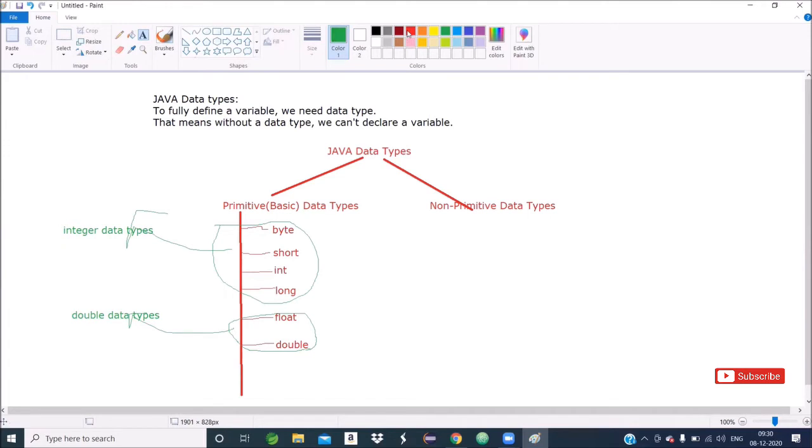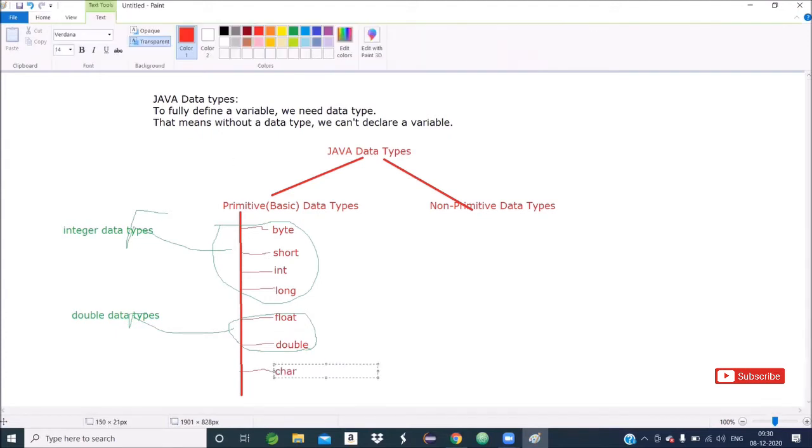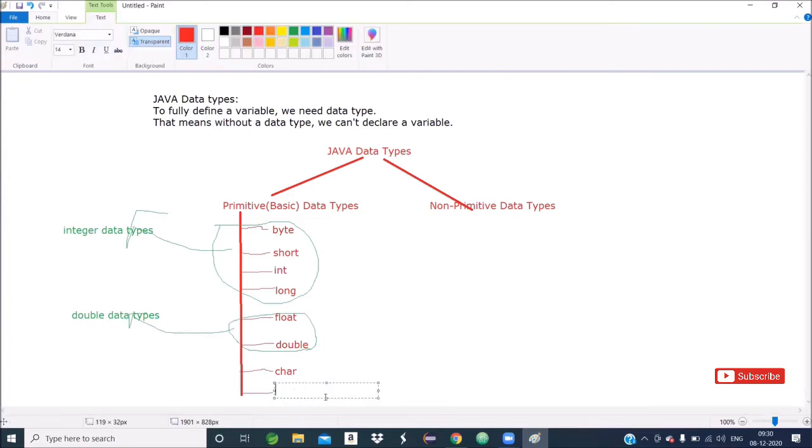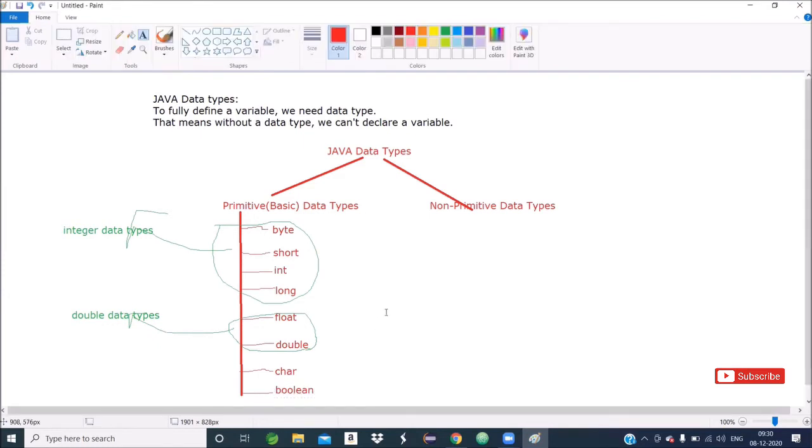Then one is char. Char means character data type. And the last one is boolean. Boolean value is either true or false. So these are the basic data types. We will discuss them one by one.